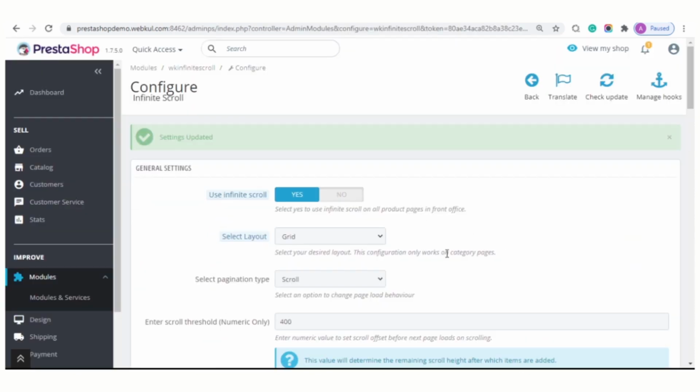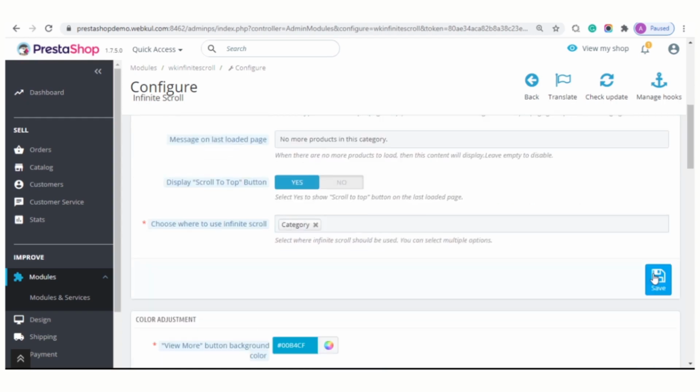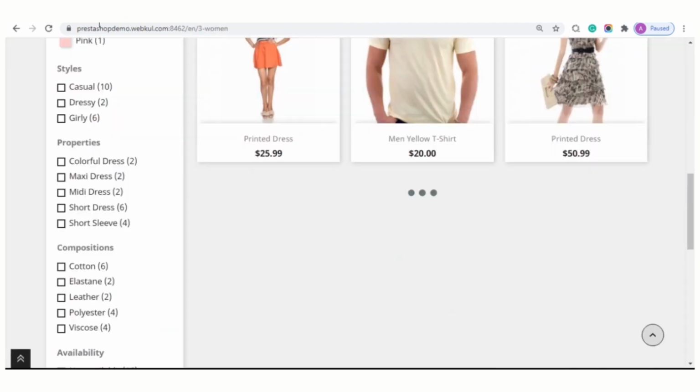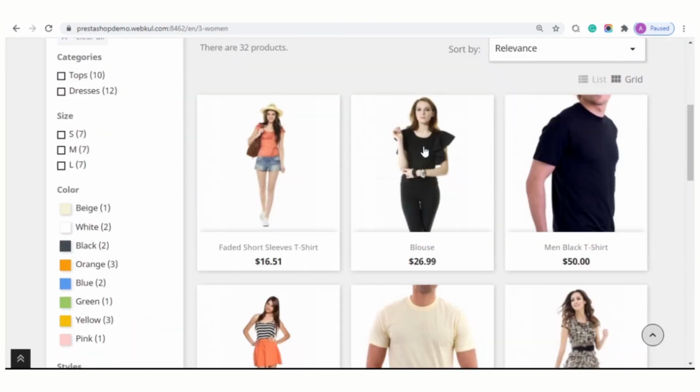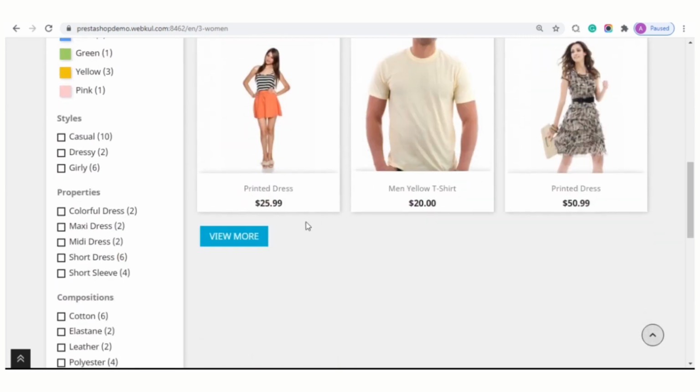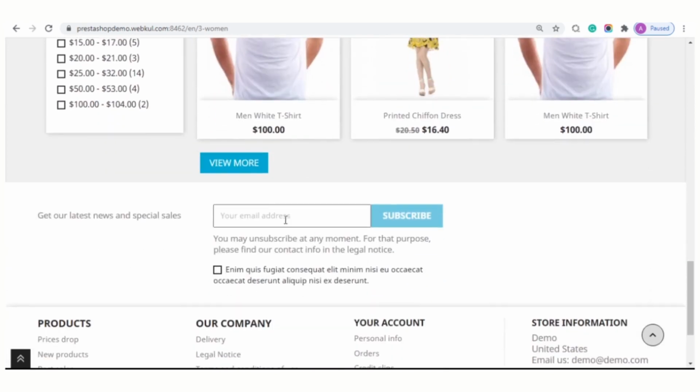If admin has selected button in the pagination type field, then a button gets displayed on the product listing page by clicking on which more products gets loaded.